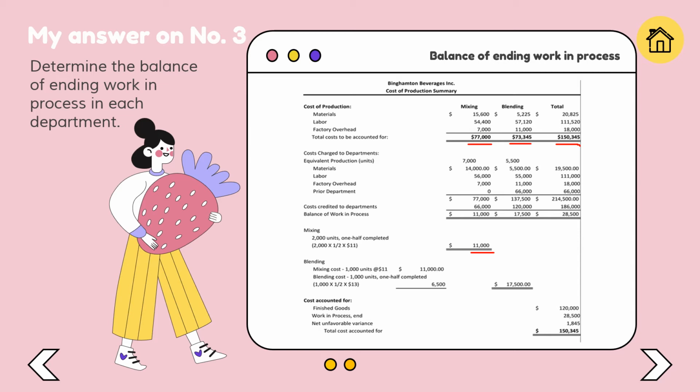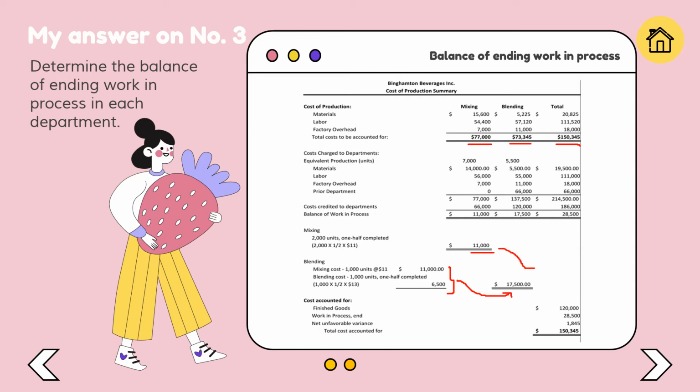So 1,000 times 1/2 times $13, which is the standard cost of the blending department, is equal to $6,500. We will add the mixing cost of 1,000 units at $11, that is equal to $11,000, which makes it $17,500 for the blending department. When added, the result is